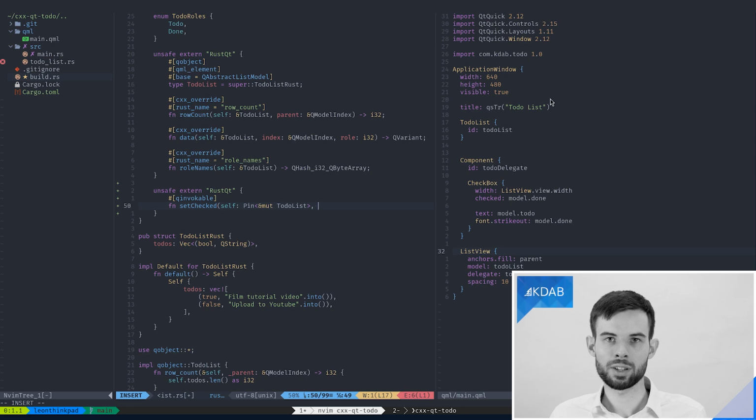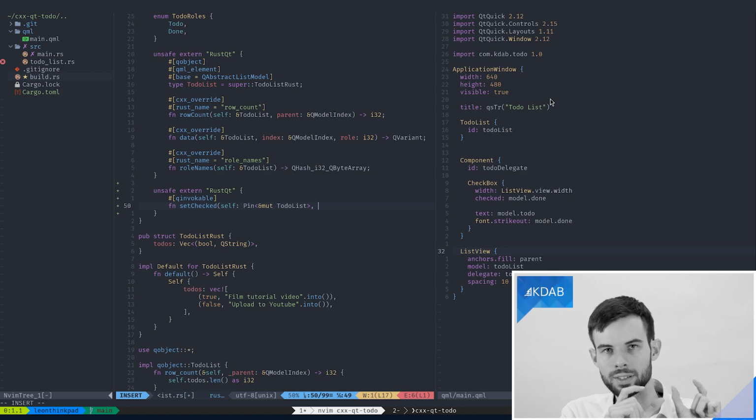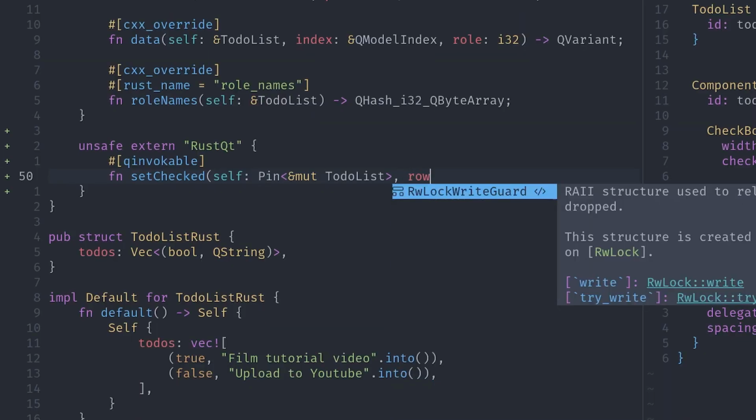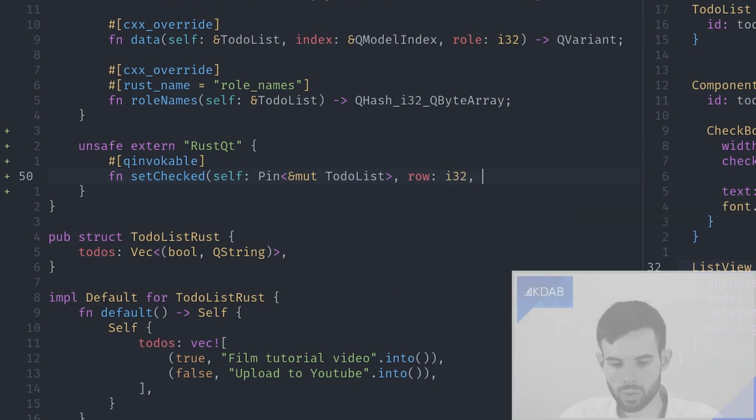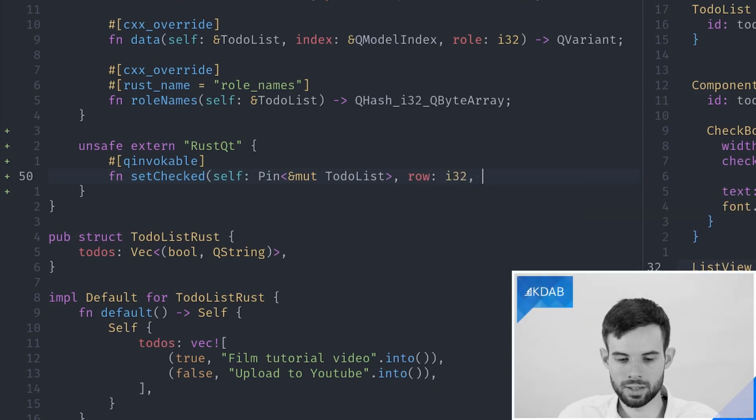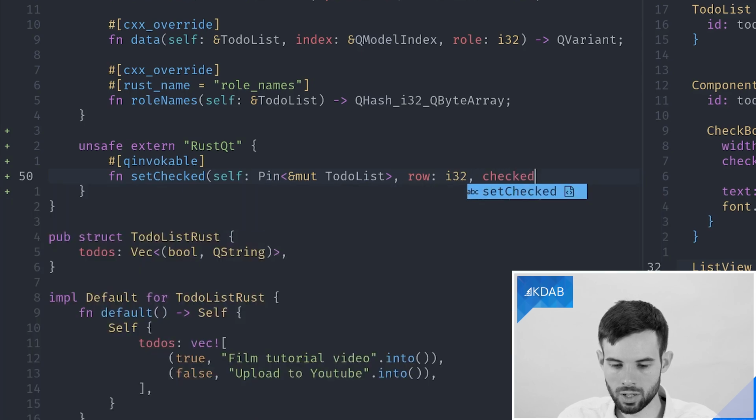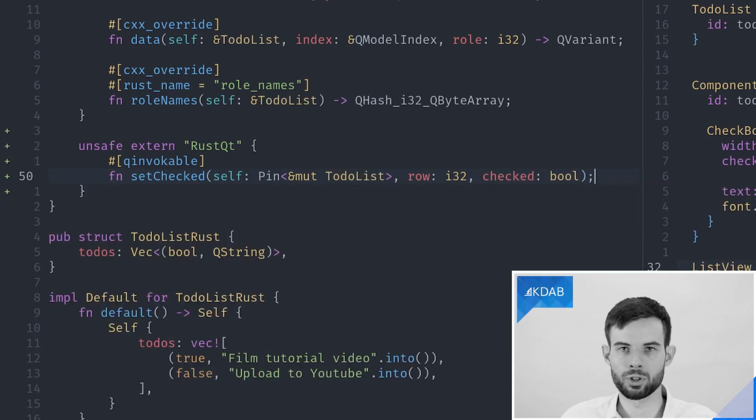It basically tells Rust, hey, even though we have a mutable reference here, we shouldn't move anything that's inside here. So please keep this pinned in memory at a specific location. We will then also take the row and the Boolean value of whether our to-do was checked. And we don't have to return anything as we're actually mutating the state.